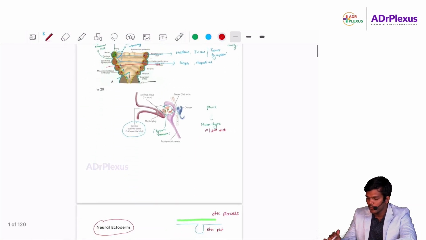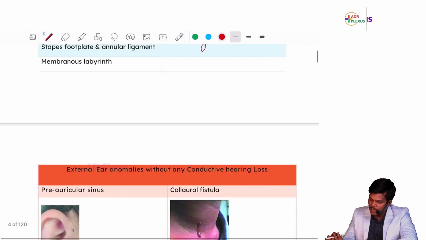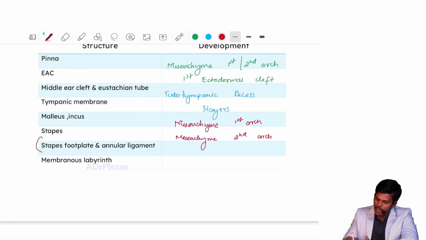Fine. Now the stapes footplate and annular ligament is a part of the middle ear,